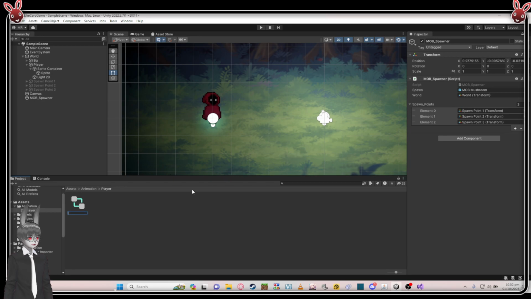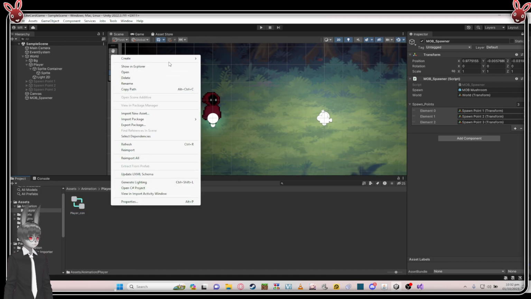Okay. Animator Controller is basically the one that controls the animations. The one who manipulates the animation. It's either the walk, the idle, or the attack. That's pretty much it. So we're just gonna call it player con, I guess. Underscore con, I guess. Anyway, that's the one. And then after that, we need to create